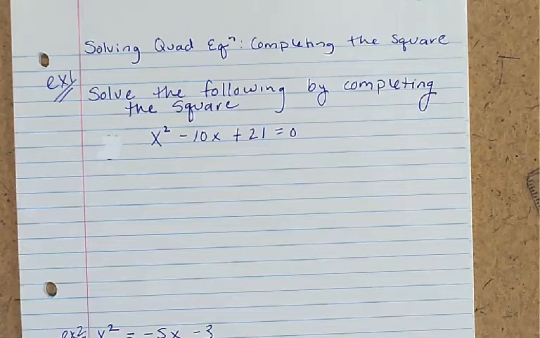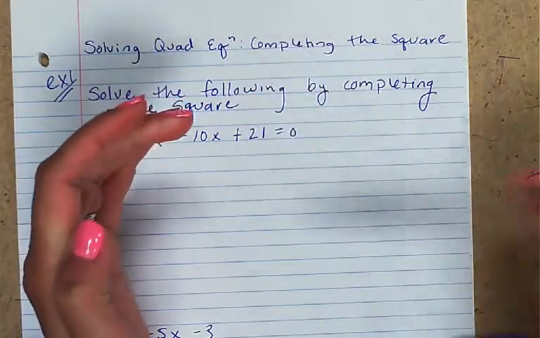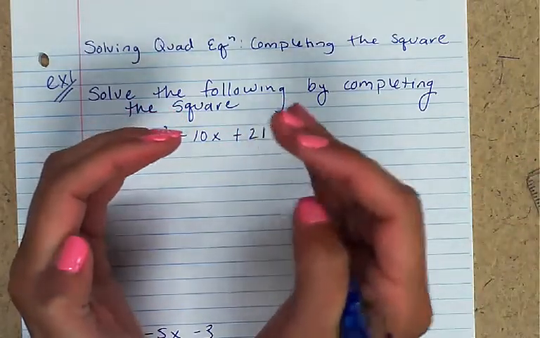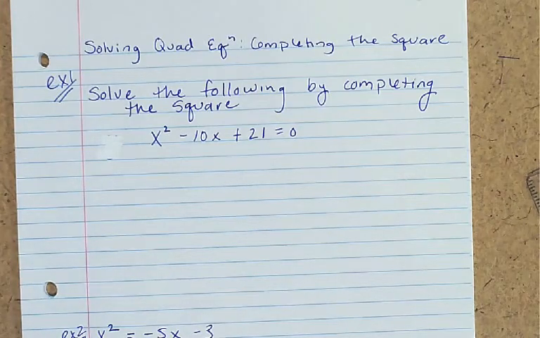This is a review of the Edgenuity lesson, Solving Quadratic Equations, Completing the Square. So the goal when we complete the square is we want something squared equals a number over here, so that what we can do to solve is just square root both sides instead of factoring or using the quadratic